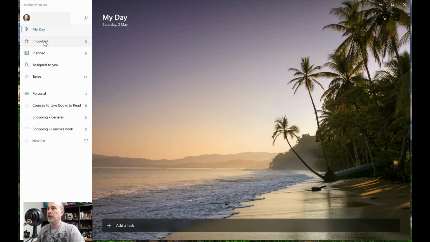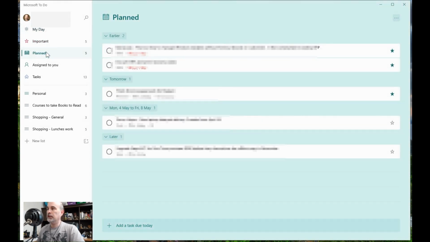Going through each one of these, you have your important tasks and your planned tasks. The planned ones it sorts by time, so I've got ones that are earlier here. I've got a couple of tasks that I've starred as well because they're also important.